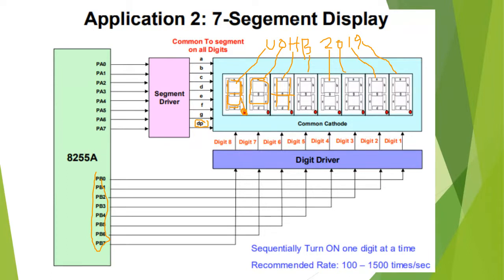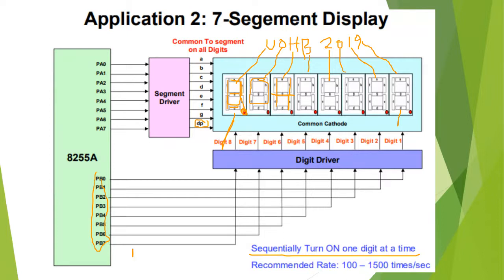So that means you can see it is written here, sequentially turn on 1 digit at a time. It's sequential. For example, this one is on first. For example, this one is on. Then we'll send data for U to the U digit. Then next,